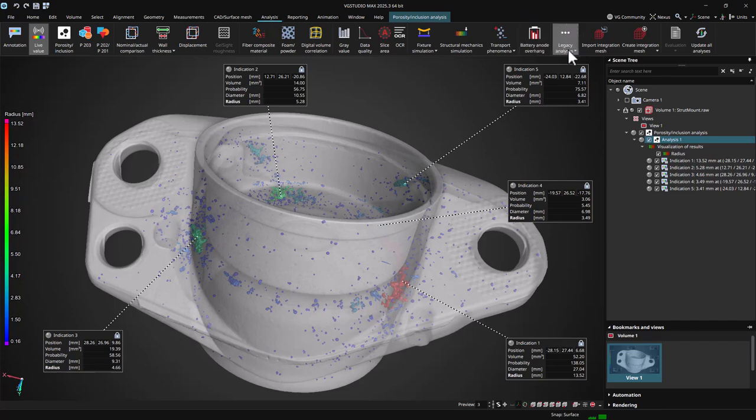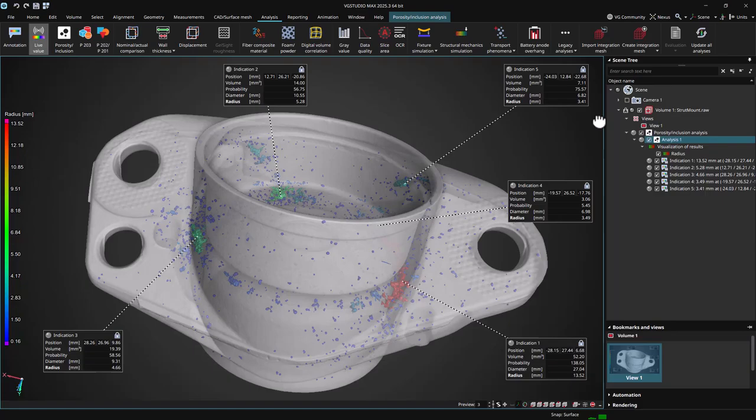The P203 and the legacy VG defect and 2.x compatibility mode analyses are also still available in the analysis ribbon. Also note that porosity and inclusion analyses contained in existing projects, or projects that were created with evaluation templates created with older application versions, will not be automatically converted to the new analysis, but displayed just as they were in